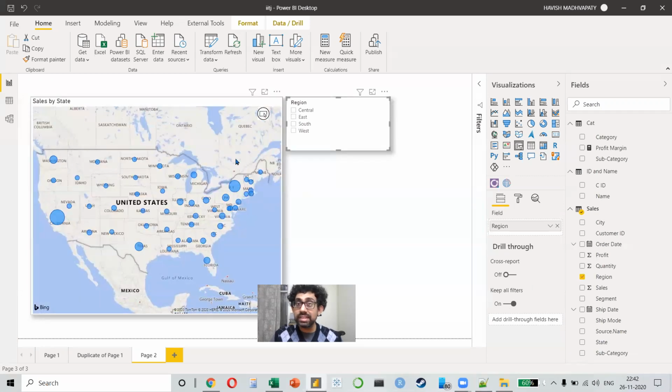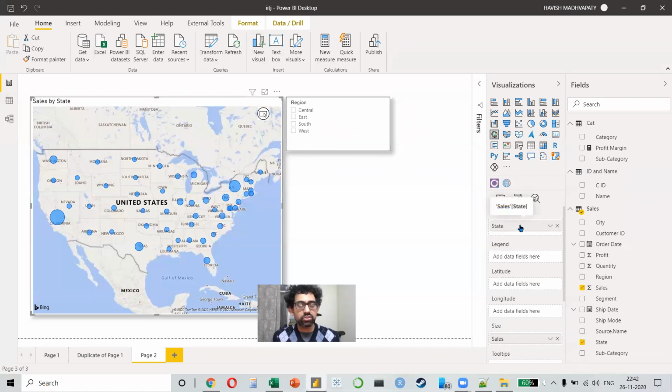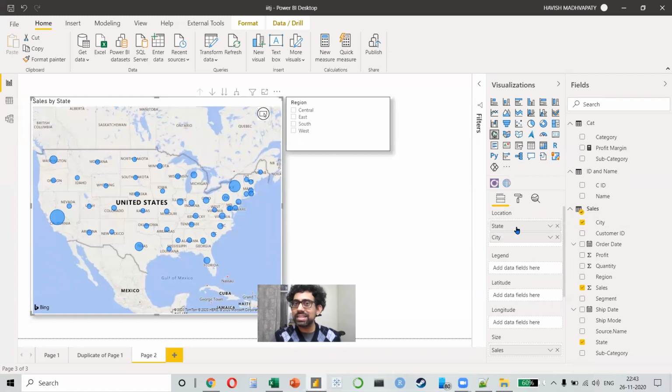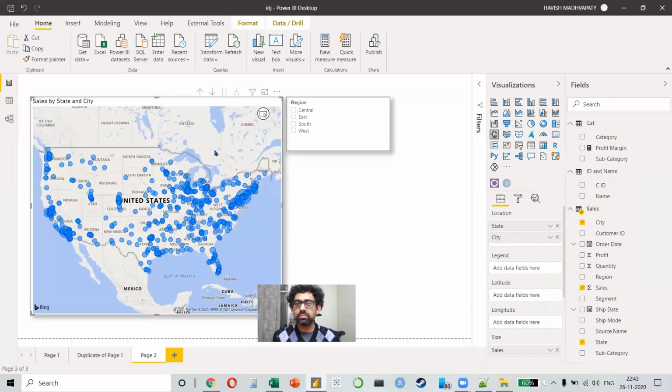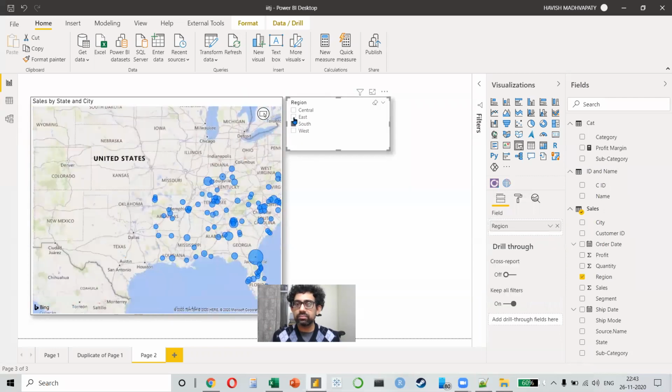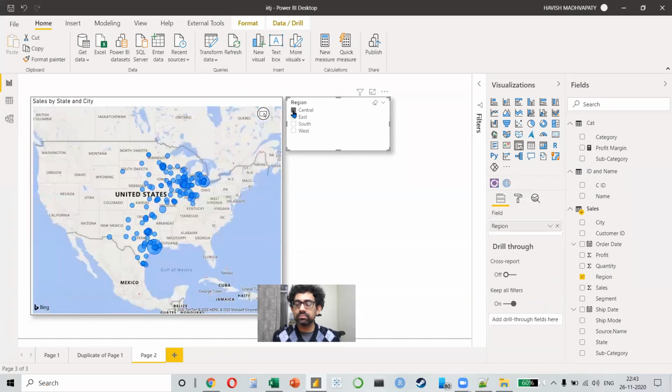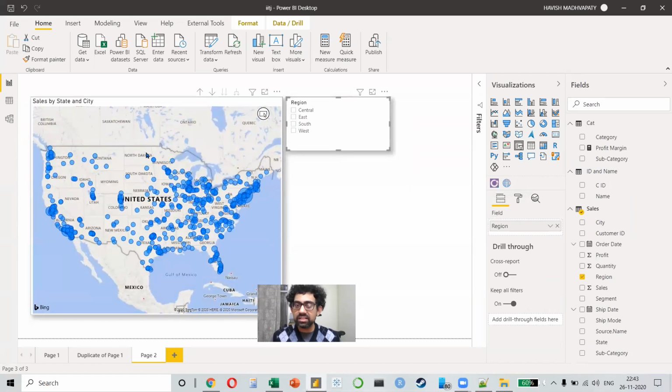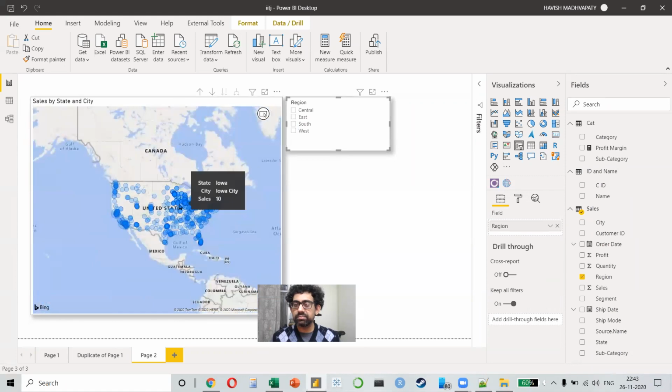But then how do you show the cities as well? Because I have only shown my state here, right, in location. So I can put my city below this, but you can't see it. That's okay. But now you get these arrows at the top. This means if I click on the expand button, it naturally shows me the cities as well. And same thing, click on the region. Very cool, right? And if you want to select a specific area, you can just drag that area like this, right? And then zoom in. That also works.